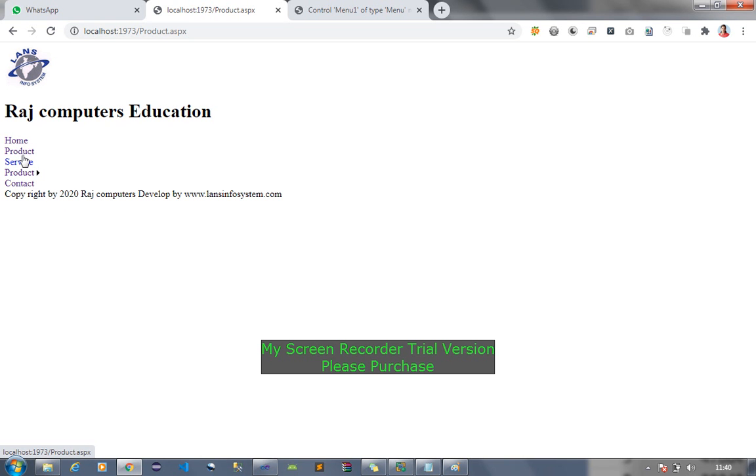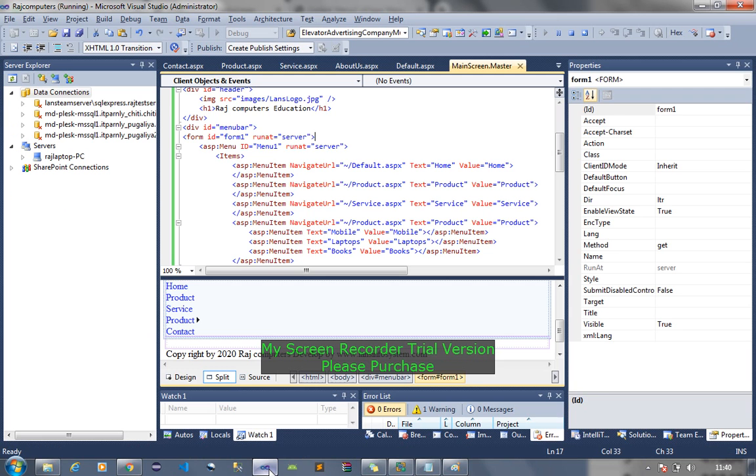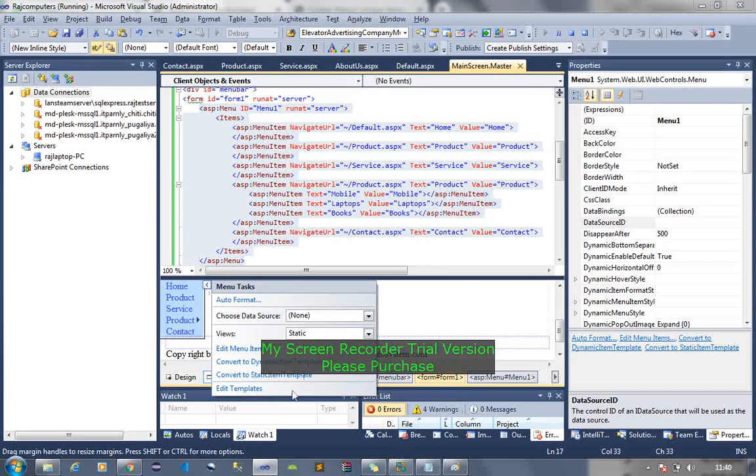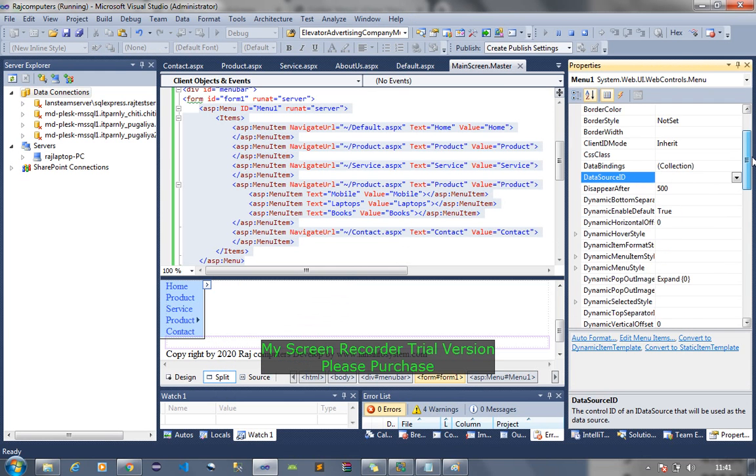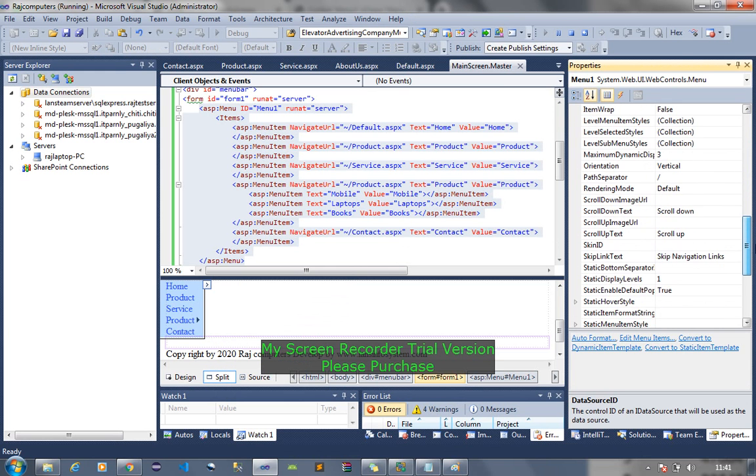So a small thing has to be changed. Again we go to menus, we click on menus. Fine. And we change one small thing, we change the orientation of this.